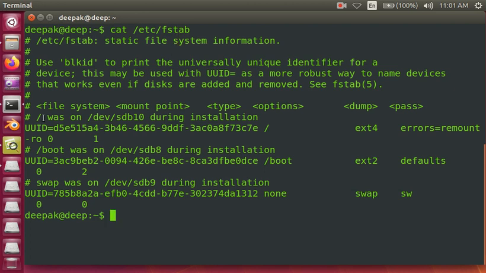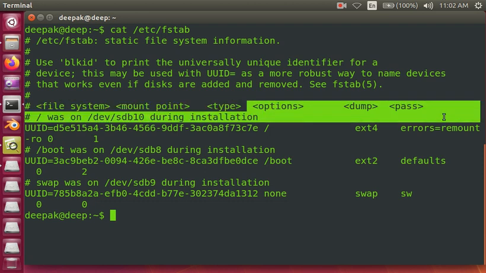This command gives me information about the various file systems currently mounted in this system. It gives me the file system, the mount point, which is where the file system is mounted, which we'll see later, the type of the file system, and various options associated with it, dump and pass. We are not worried about the further things.